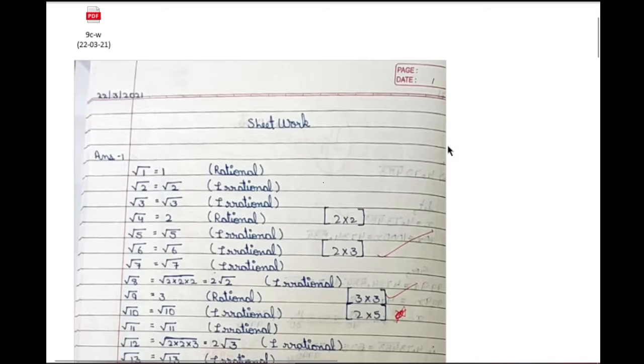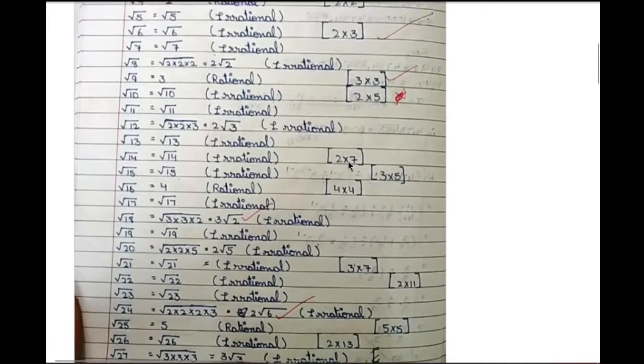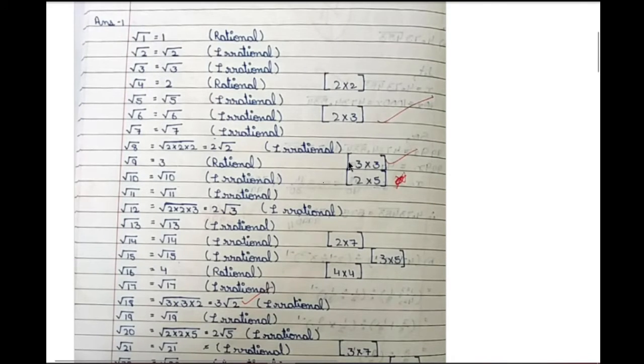Here we have the answer key of the classwork dated 22nd March. As a first question, you have to classify the numbers from root 1 to root 100 as rational and irrational. You may go through this full sheet, or simply, there would be only 10 rational numbers, and the rest 90 are going to be irrational numbers from root 1 to root 100, simply because the square roots of all perfect squares are rational, and the square roots of all non-perfect squares are irrational.